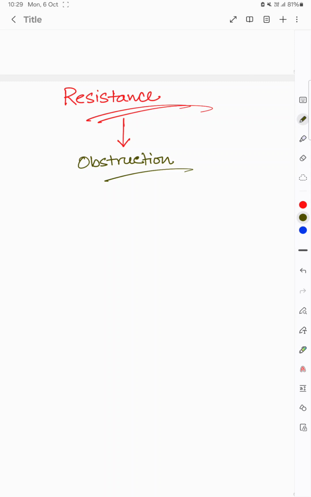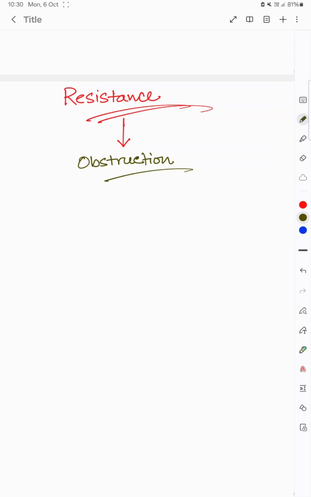In current electricity, resistance is like that. It controls the flow of current. Yes, it is obstruction, but without this obstruction, the flow of current will not go in a proper manner. Okay, so write it down in your copy that resistance can be defined as the obstruction offered to the flow of current by the conductor.